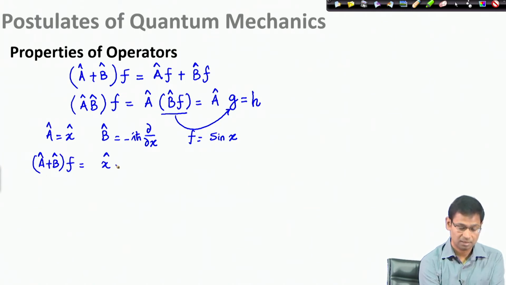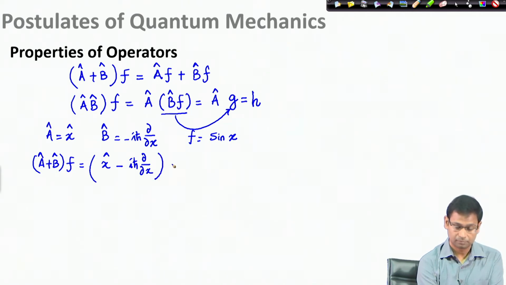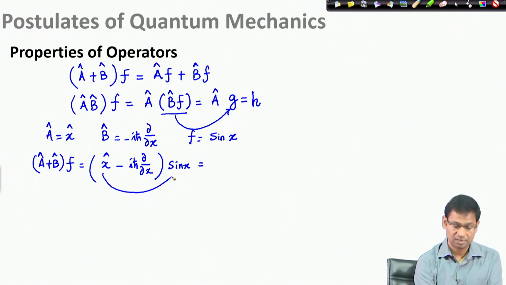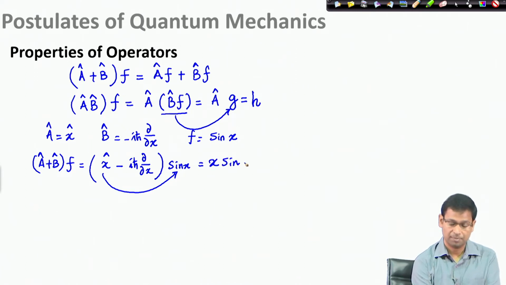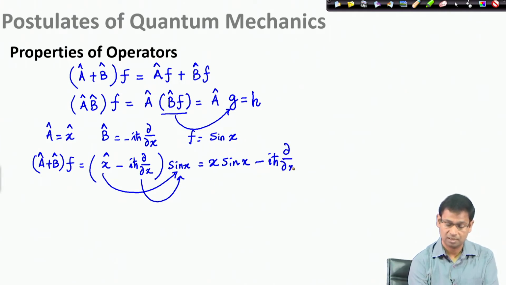That should be x minus i h bar d by dx and the function sin x. So, I see that first I can apply the operator x on this function. I know the action of operator x is simply multiplication, multiply it by x. So, x sin x minus, now I am applying the second operator, minus i h bar d by dx, on sin x. So, I see minus i h bar comes out, and then I have to differentiate